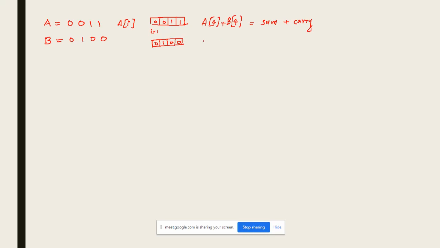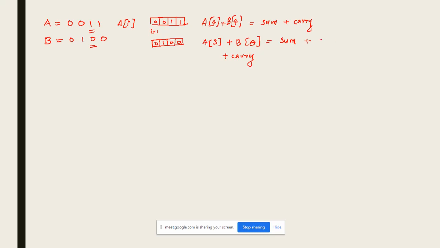And in the next step, we will add the next bit, the second last bit of these two arrays, along with the carry of the first, and we will add it as sum, and we will get an answer.